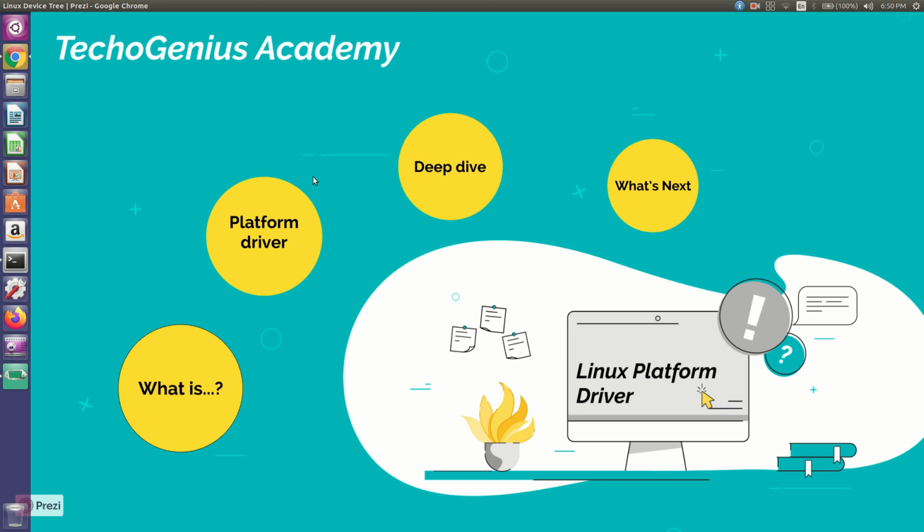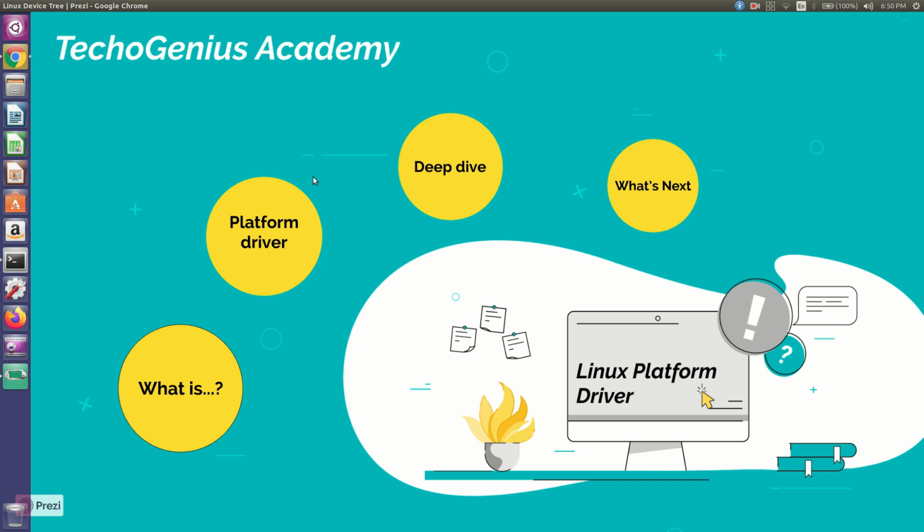So what are the different components? Actually, it's a data structure. What are the different components available in that Linux device tree structure? And I've also shown you where you need to deep dive if you want to study more. So I showed you that path also. So in this session, what I'm going to